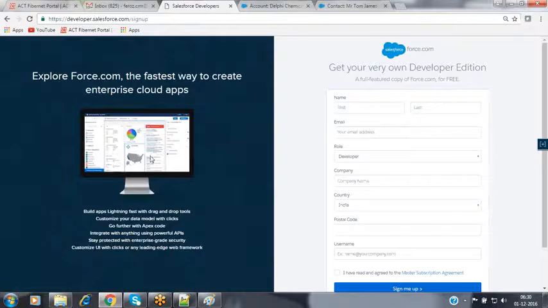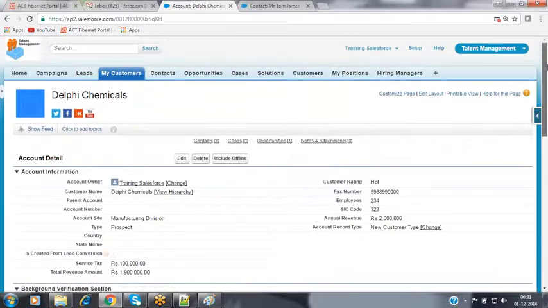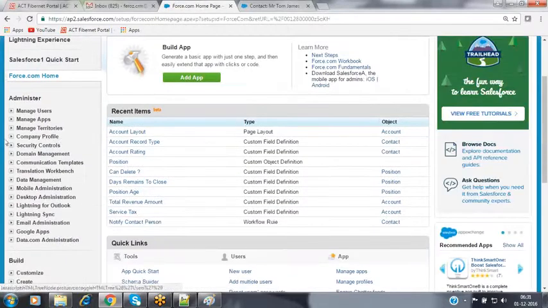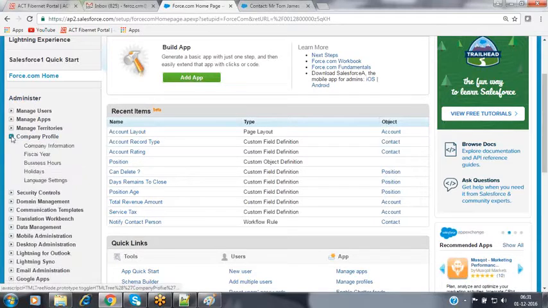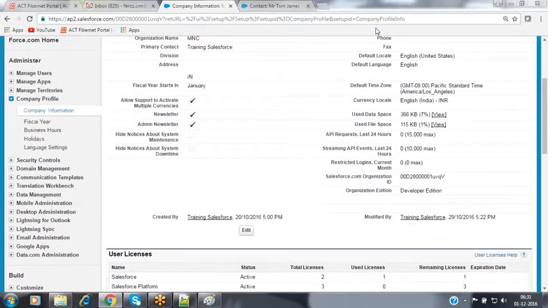When you go to your Salesforce instance, you will have the Setup menu. Go to that Setup menu. In the left panel, you will have the Administer menu. In that Administer menu, you will have an option called Company Profiles. Inside Company Profiles, you will have an option called Company Information link. In that Company Information link, you will have a last field called Salesforce.com Organization ID. This is the unique identification number Salesforce allocates for each and every organization.